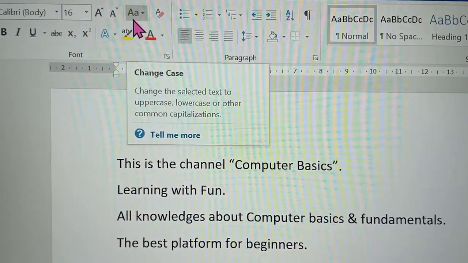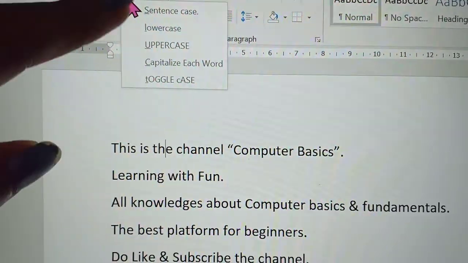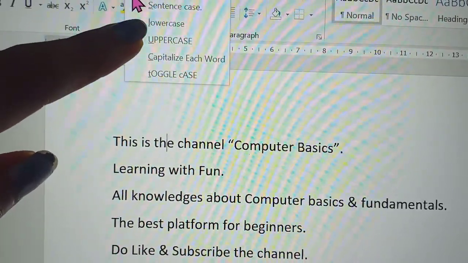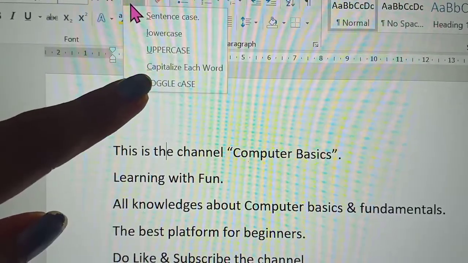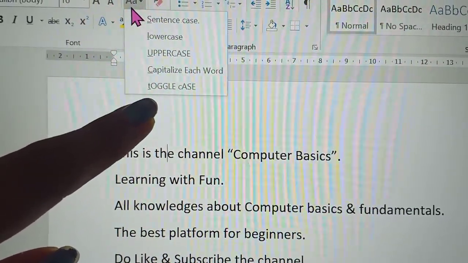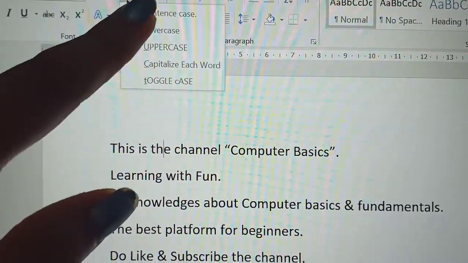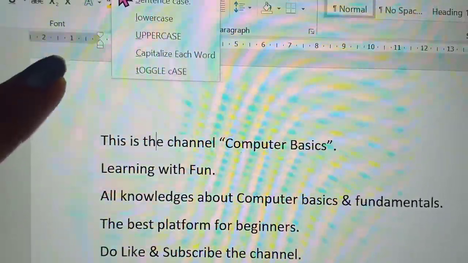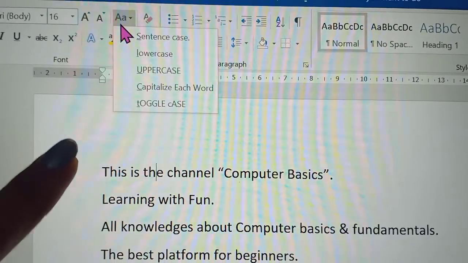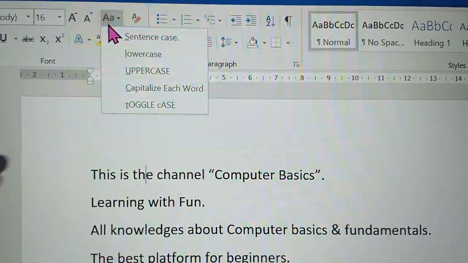See here: sentence case, lowercase, uppercase, capitalize each word, and the last one is toggle case. So these are the 5 types of case change provided by Microsoft Word. One by one we will do.